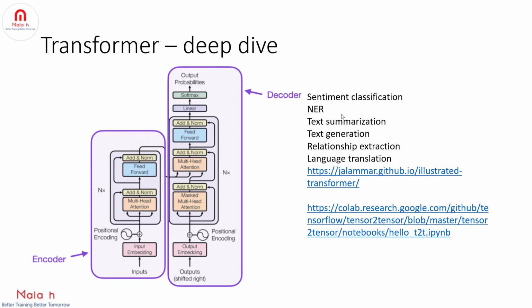So by using this, you can identify the organization name, the date present, the location present, or all the people present in that organization, etc. So you can try to extract from the text. You can just use an encoder model here. You do not need a decoder because you are not generating anything. All you are trying to do is extract from the input text.